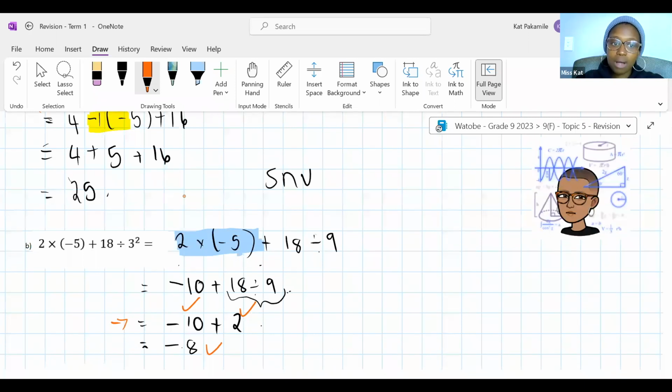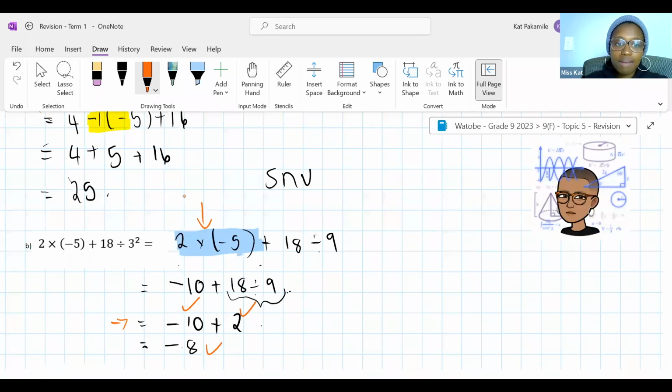We multiplied and divided in the same step. But the point is you added and you multiplied and you divided. So you don't go from here, from 2 times negative 5, and then suddenly write equals negative 8. Do you understand? The point is we can see where you multiplied and where you added.